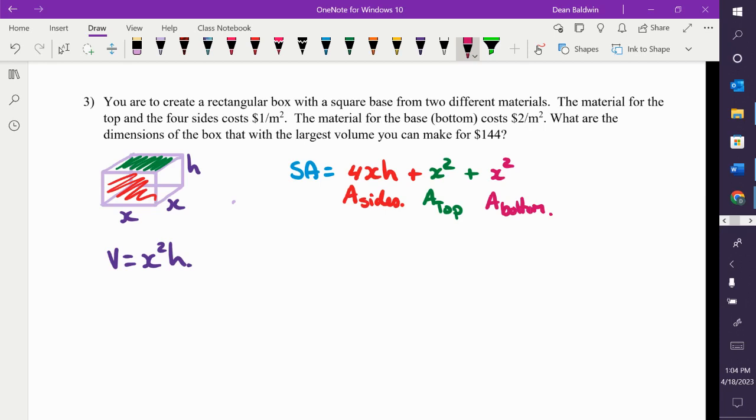So if I want to generate a cost equation for this, they're charging us $1 per square meter for the sides and the top. If we have this much surface area for the top and the sides, what do I multiply these by? $1, right? Does that make sense? So this is going to be